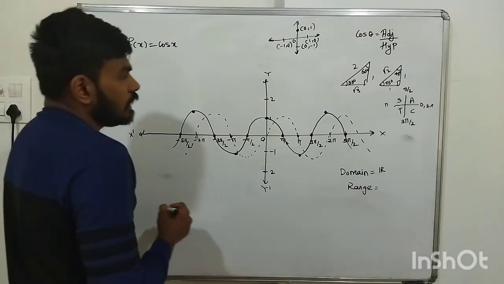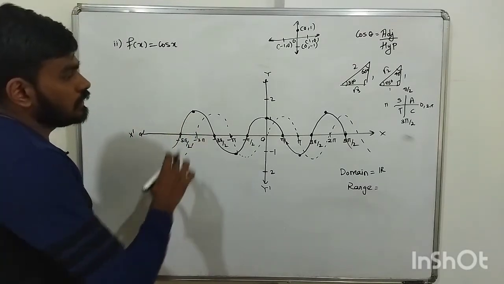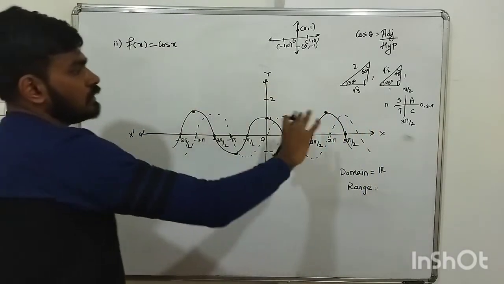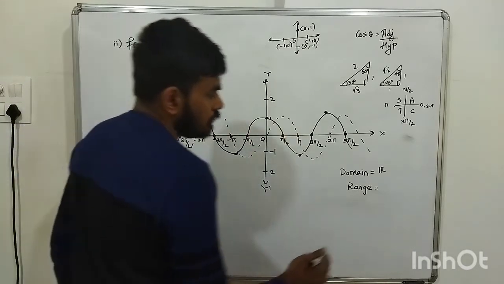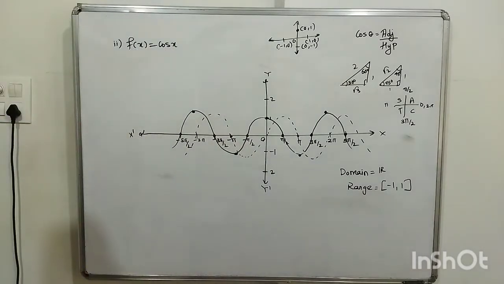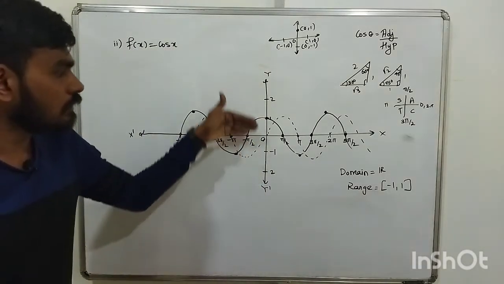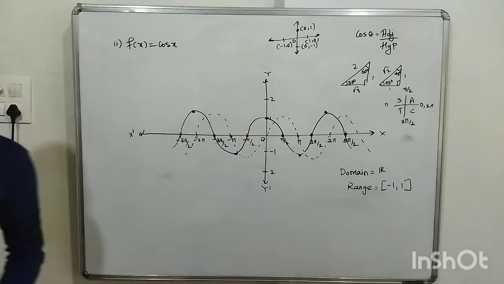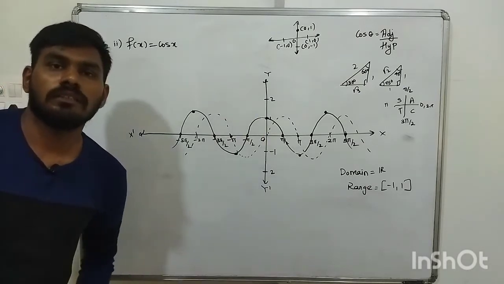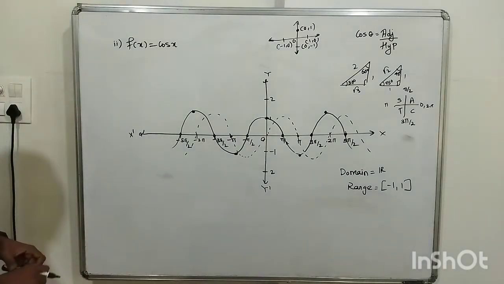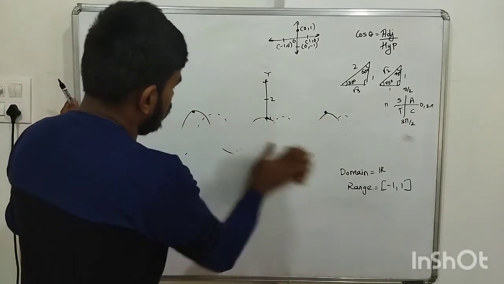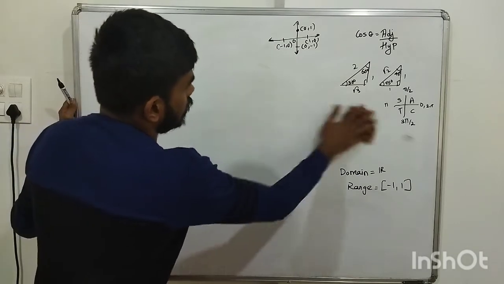But when you look at range, it means what values of y we can see. See, this doesn't go beyond this. So these points are neglected. So we get -1 to 1 range. After this we don't get any value. Means for 2 there is no point in the domain. Understood? Next, this is cos x, similar to sin x. Same way now we'll see tan x.